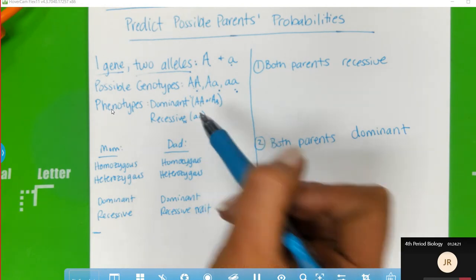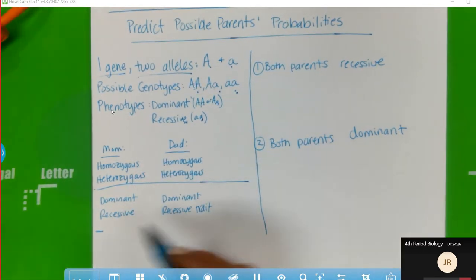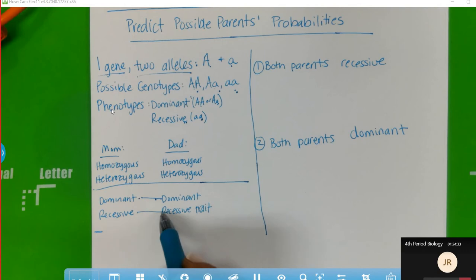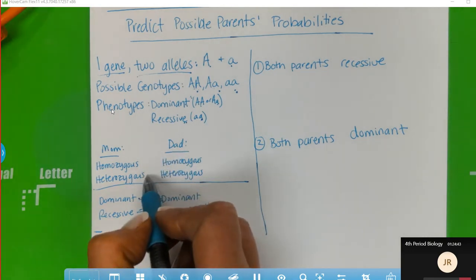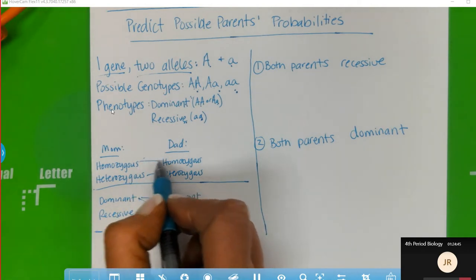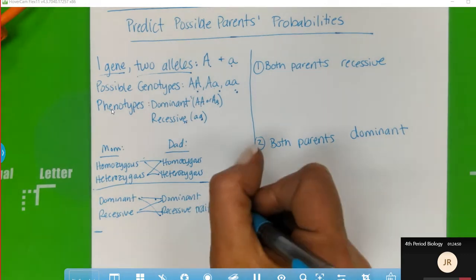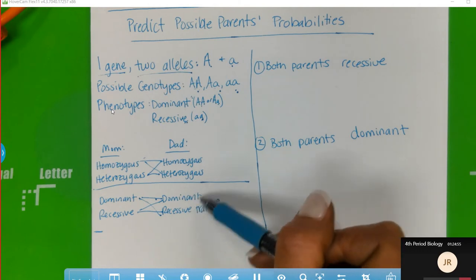So the different scenarios that can exist, these are kind of 2 different platforms, but you can have a mom with the dominant trait and a dad with the dominant trait. You can have both parents with the recessive trait, and then you can have different combinations of the phenotypes where one of the parents is dominant and one is recessive. Similarly, with the genotypes, you can have both parents heterozygous, both homozygous, or you can have different mixes as well. So we're going to start by looking at the possible scenarios when you're looking at the dominance and the recessiveness